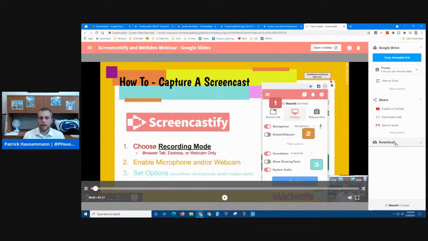You're going to see download at the bottom right. And when I expand that, you're going to see one option is just straight download. That will download a WebM file of the video. You also have the option to export an MP4. MP4 is just a little more widely accepted by video editors, but many of them are also taking that WebM